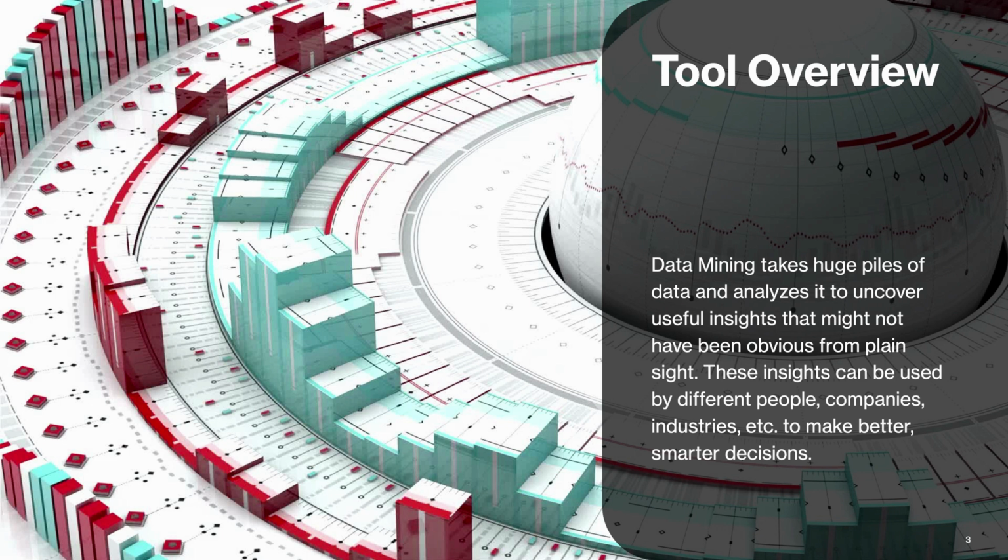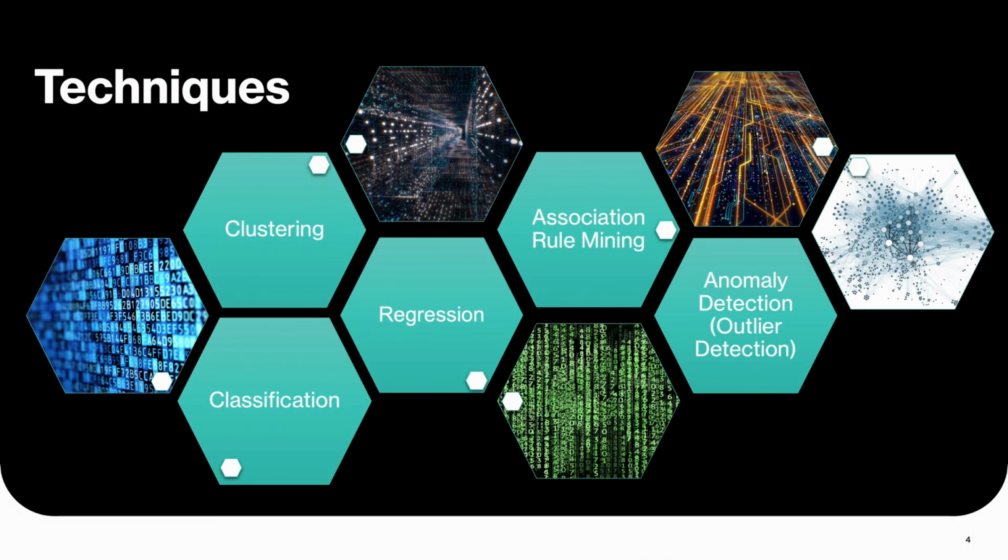So now I will be going over the techniques, and I'll be going over 5 of them that are used in data mining. We'll be going over classification, then regression, then clustering, then moving on to association rule mining, and also anomaly detection or outlier detection. So continuing on, for number one,